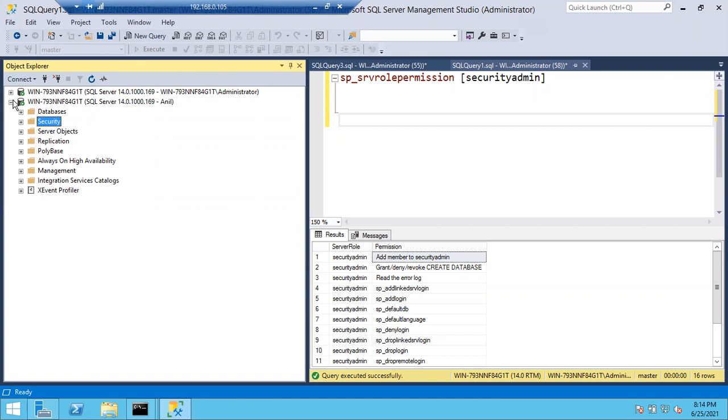True or false? True, sir. Everyone says true. I'm asking the reverse. Can a security admin drop the sysadmin login or not?